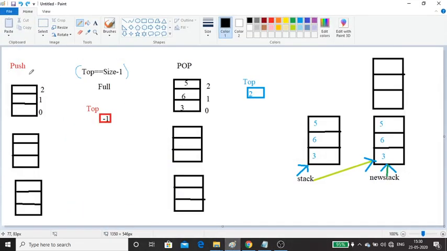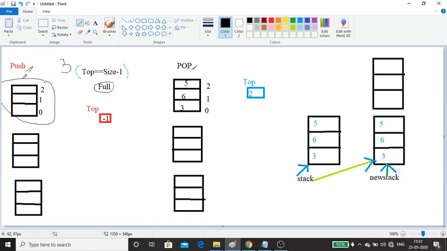Let's look at the different stack operations. The main two stack operations are push and pop, and there is also display, but the main ones are push and pop. So I am going to perform a push operation. First we'll check a condition. There will be a variable top, and the initial value of top is -1, and I will check the condition: is top equal to size - 1? Suppose the size is 3, which means at max I can store 3 values within this array. If top is equal to size - 1, we come to know that this particular array is full.